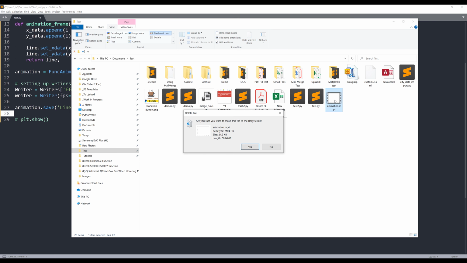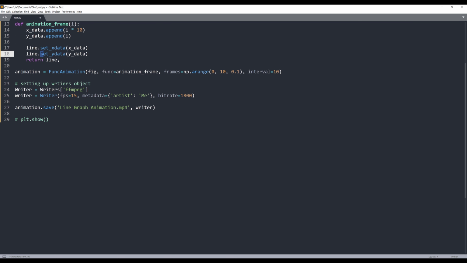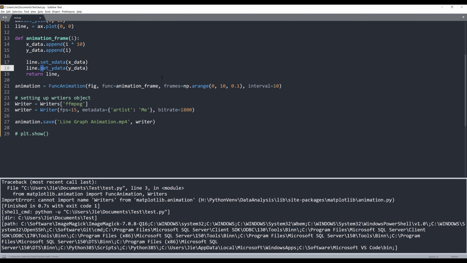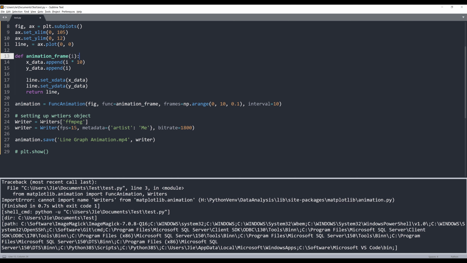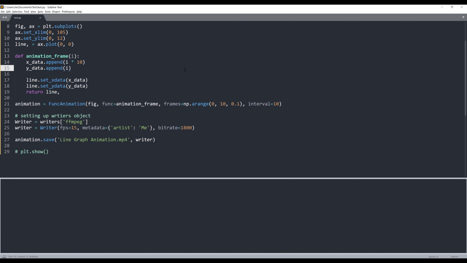So here, let me delete this MP4 file. Now if I run the script, and here I'm getting an error, cannot import writers object. Here, let me see. Okay, so this should be lowercase w. And let me go back to line 24. So this should be lowercase w as well. Now let me try again. So if I run the script,